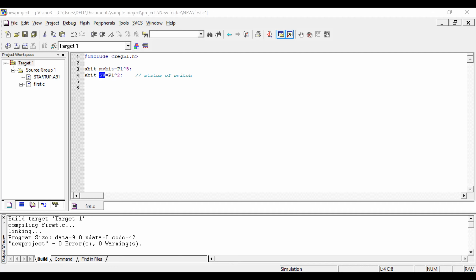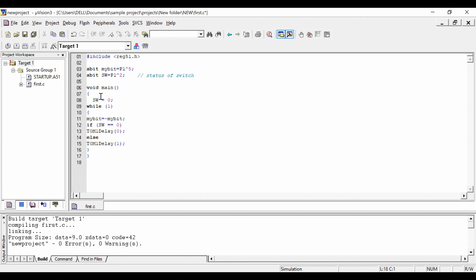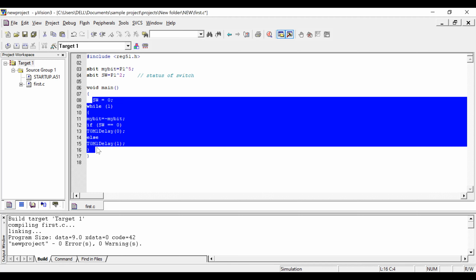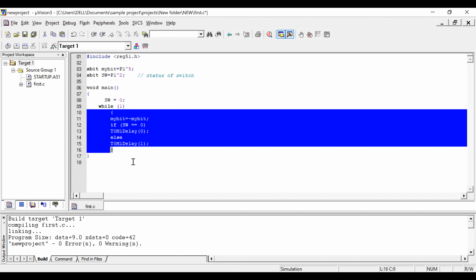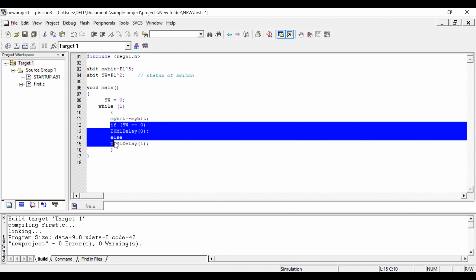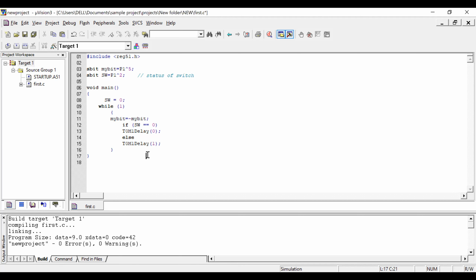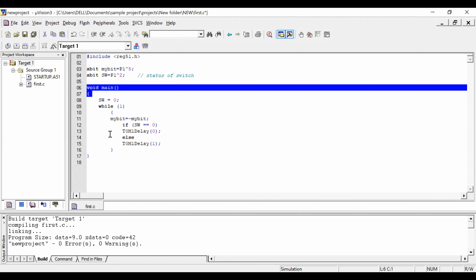Let me have a simple main function, so that it is easier to understand. So I start my main function.